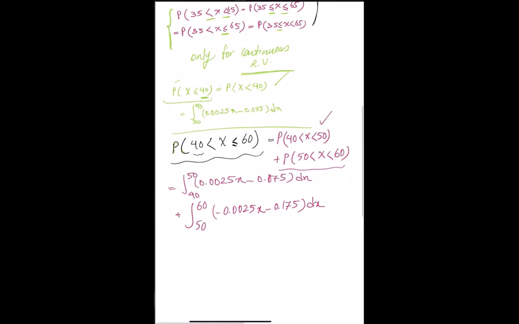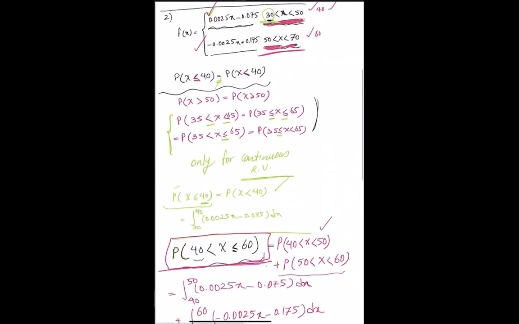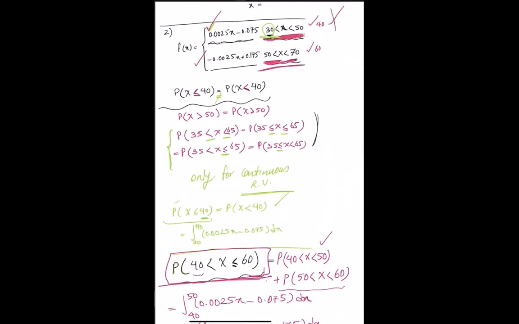If we calculate both these integrals and add them together, then we are able to calculate this probability. And these integrals are simple. You can just calculate the integral quickly, replace the values for the lower bound and upper bound, so you will find the final value right away. But all that matters is that you are able to read this probability correctly and see how you can write this probability based on these two possible ranges for the random variable and these two possible forms for the density function.